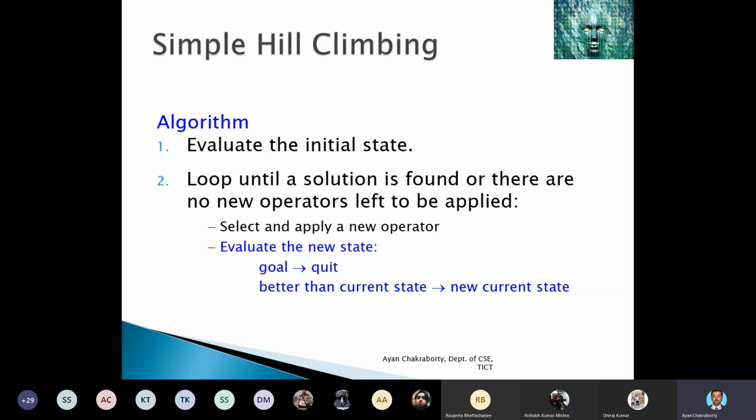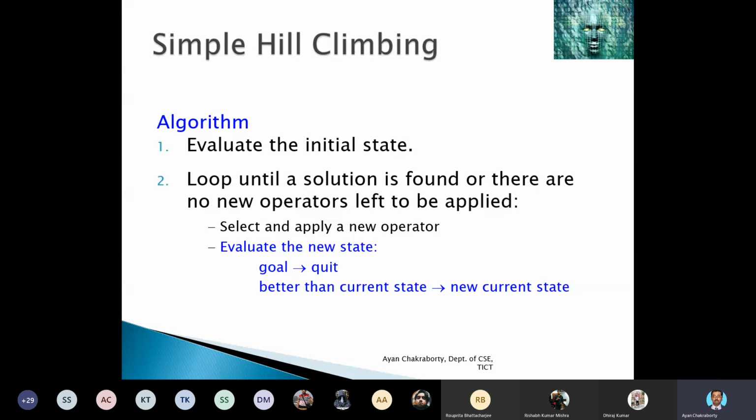This generating function is used to generate all the new possibilities to transform from the current state to the next state, or to the new operator. So that is called the g function, or generating function. The generating function can be anything.